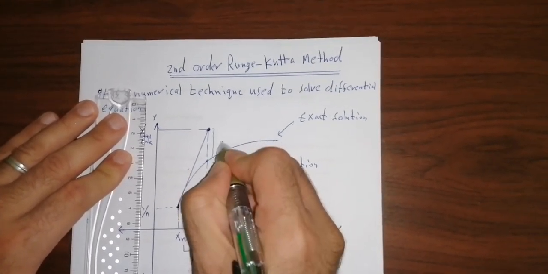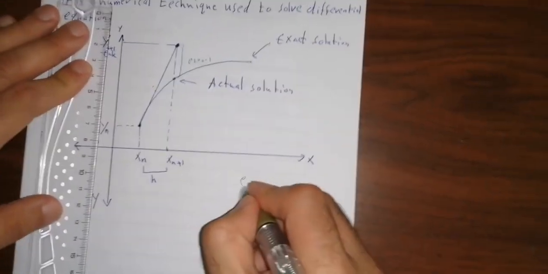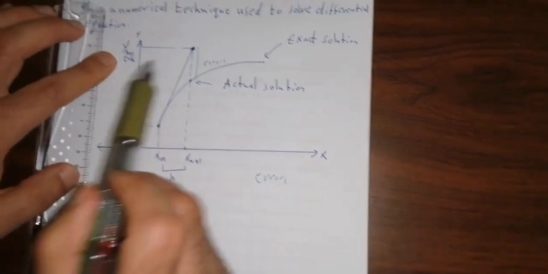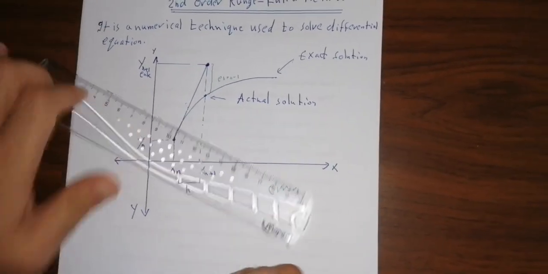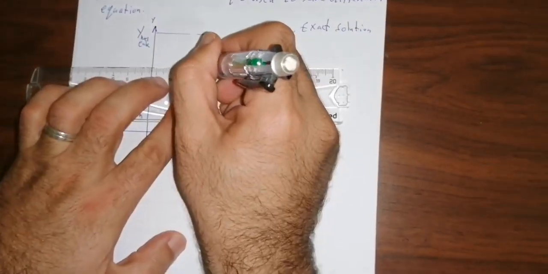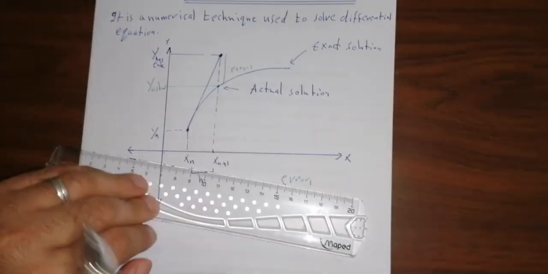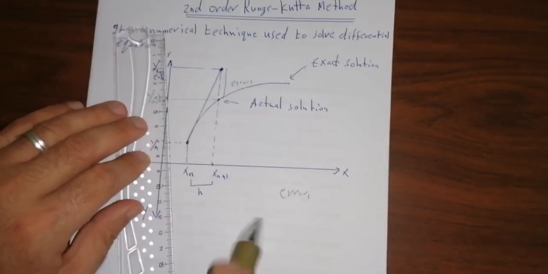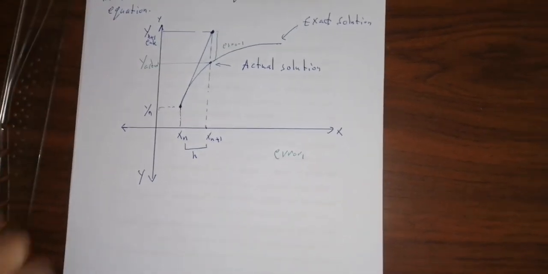You see, this is the error, and we call this error 1. This error 1 represents the difference between y Euler and y actual. So in the second order Runge technique, the law of this technique says